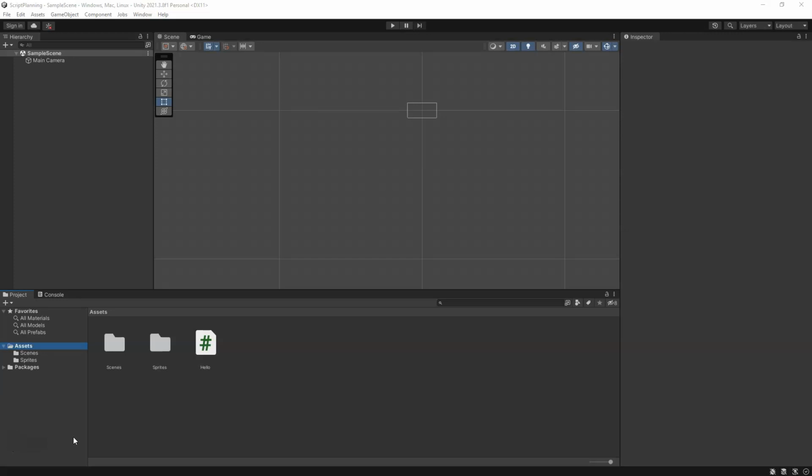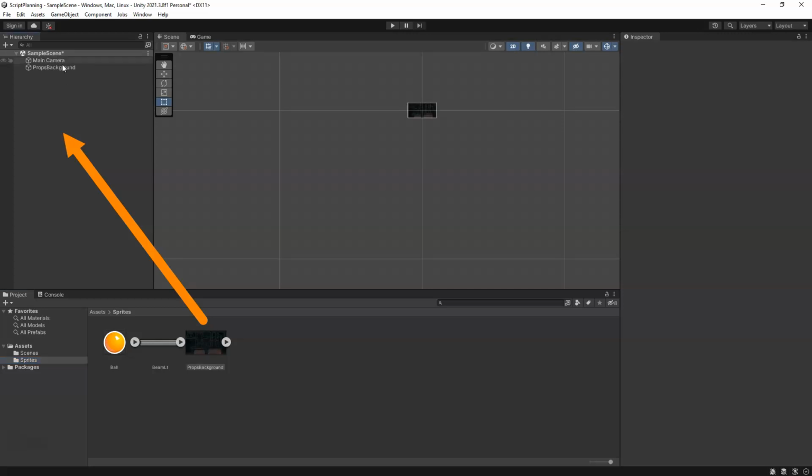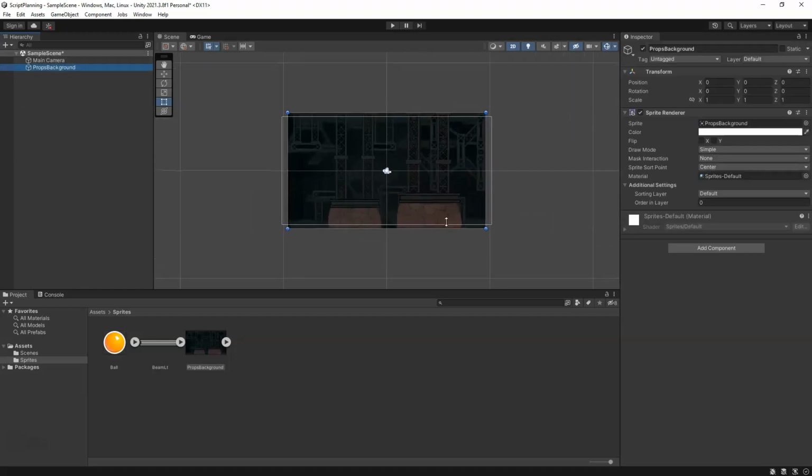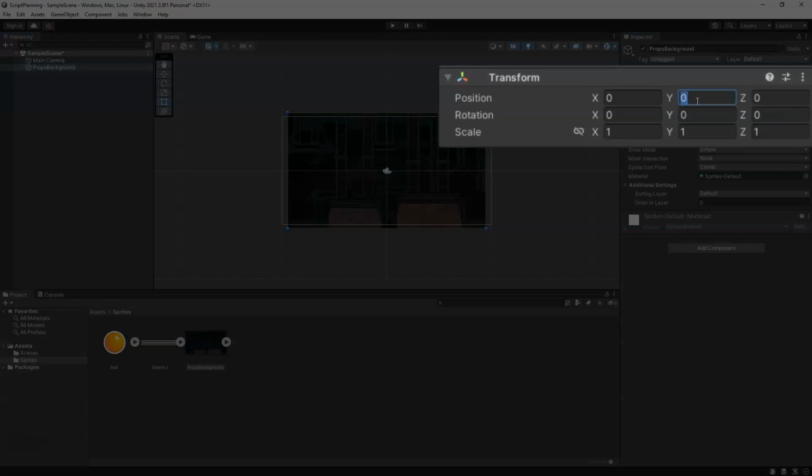Before we go into some vital information, we're going to hit up the basics to make sure we're all on the same page. So let's go to our sprites folder, and I'm going to drag in this background sprite here. I like to drag it into the hierarchy, but you can also drag it into your scene view. But if we drag it into the sample scene, the hierarchy area, it actually kind of snaps it to the